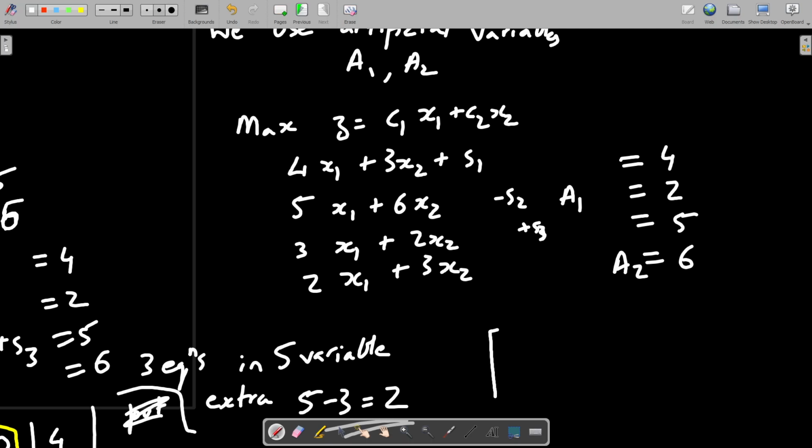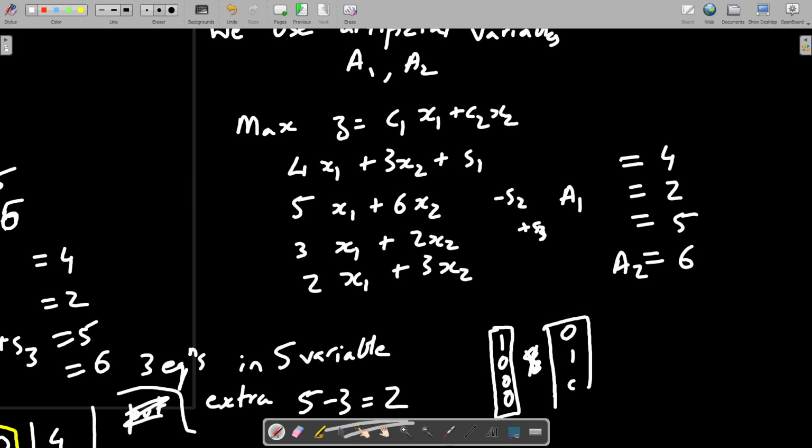So what are we having right now? We'll have the first column here, the second column will come here. Ignore this column in between, the S2 column you'll ignore.